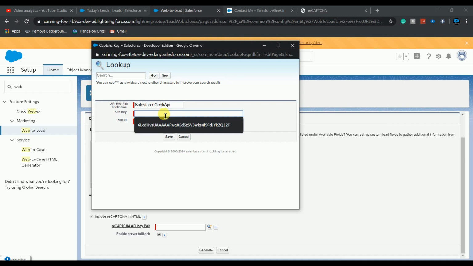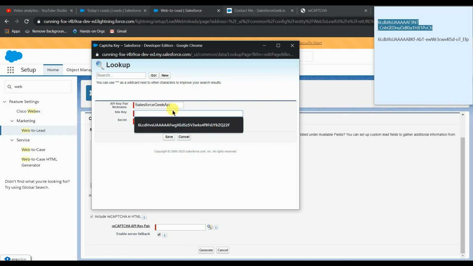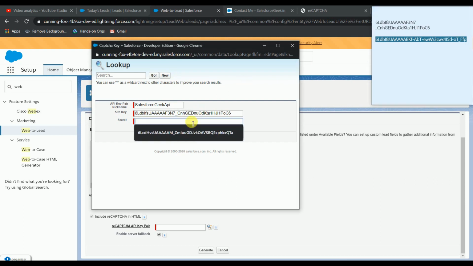After that, I have to simply paste my site key and secret key here. Simply I copy, and after that simply copy the secret key and simply click on save.